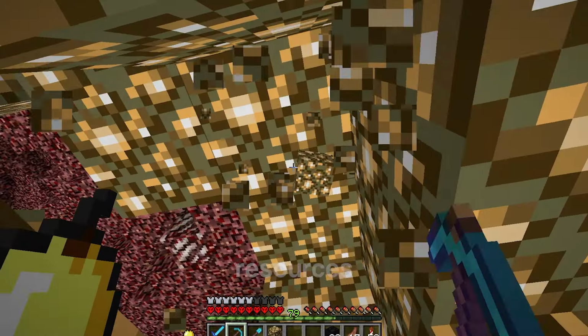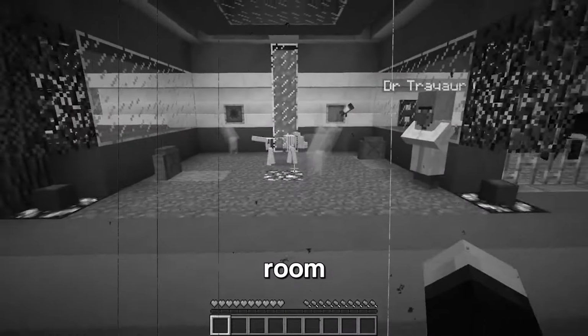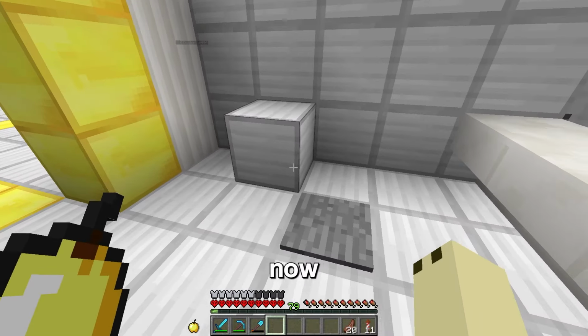Okay, that is most of the lab done. I just have to get Dr. Trayaurus, who is now green because I couldn't find a white one, and of course Grim. Now I decided not to build the treasure room because I don't play with any mods that add items into my world. Anyway, so now we can...